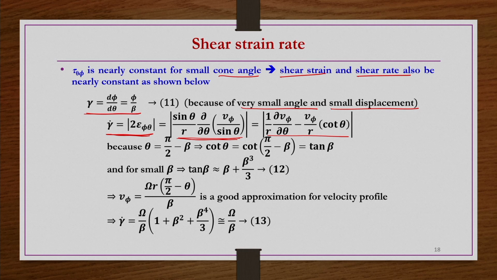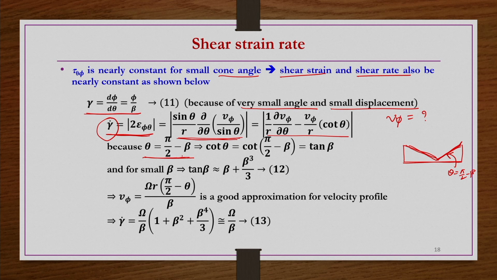So, now what you have to have in order to get the shear rate expression, you need to know V phi, then only you can get it. That we have already seen, but once again we see. Now, theta at pi by 2 minus beta only we wanted to know the rheology of the material, because we wanted to know the shear rate and then shear stress at the lower edge of the cone, which is nothing but the location theta equals pi by 2 minus beta, right.